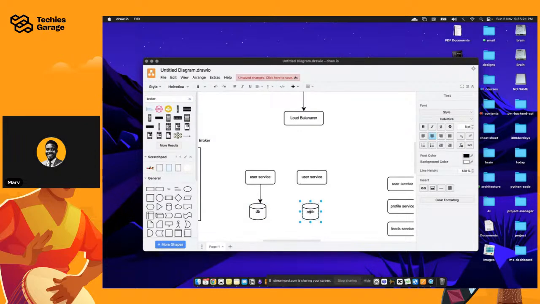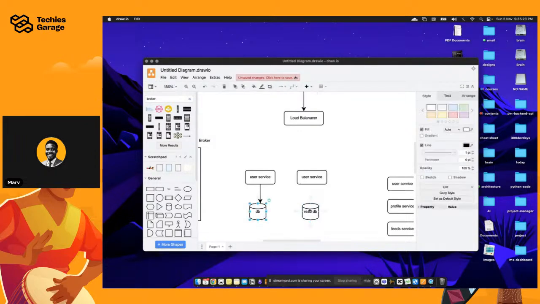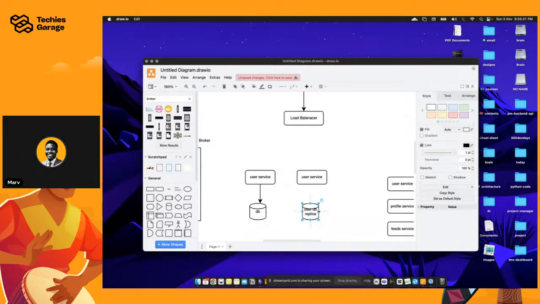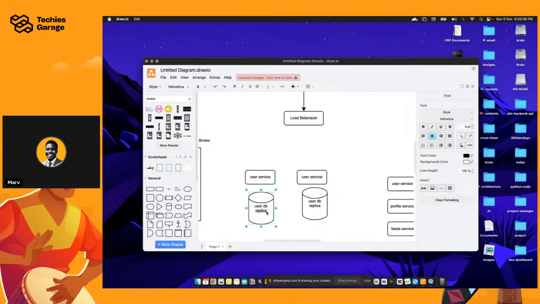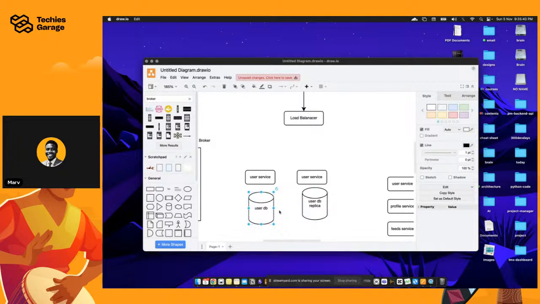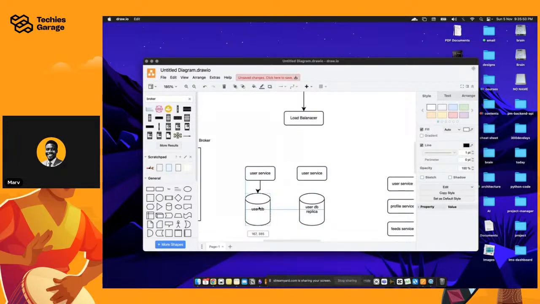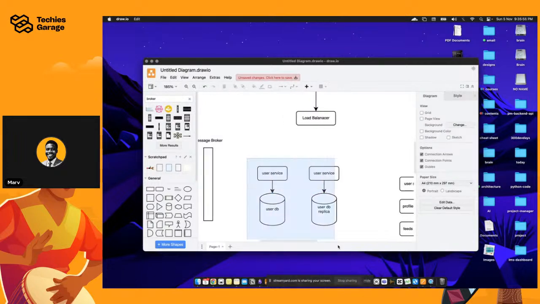So maybe this can be a read replica, or you can actually just have a replica. Let's just call it a DB replica. So let's call it a user DB replica. Maybe that makes more sense. Okay. So user DB replica, and for this I am also going to just have a user DB. Yeah, just like this. Nice. All right. So now we have the user DB and the user DB replica. They both communicate, just like this. Okay. Of course, like this. Great.